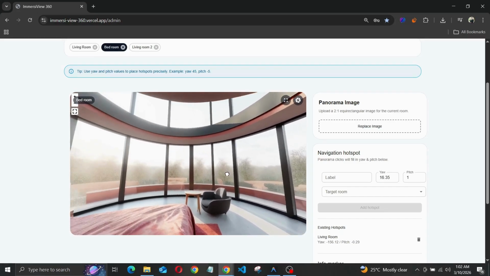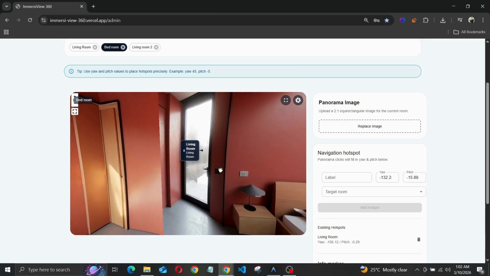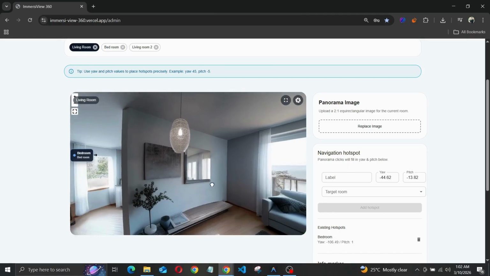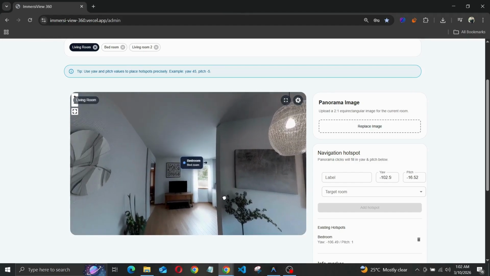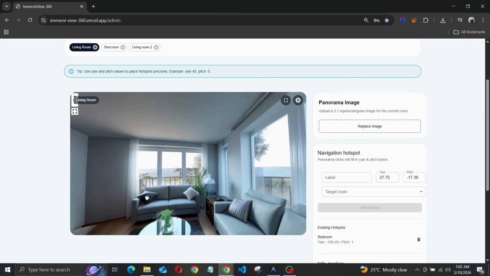Viewers can now explore the property in full 360 degrees, seamlessly moving from room to room. Built with React, three.js, and Node.js, ImmersiView 360 delivers fast, immersive experiences across devices,